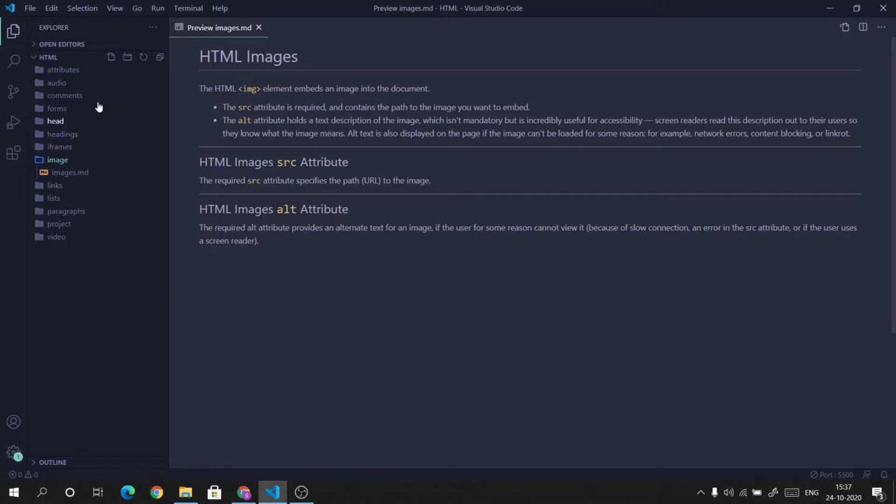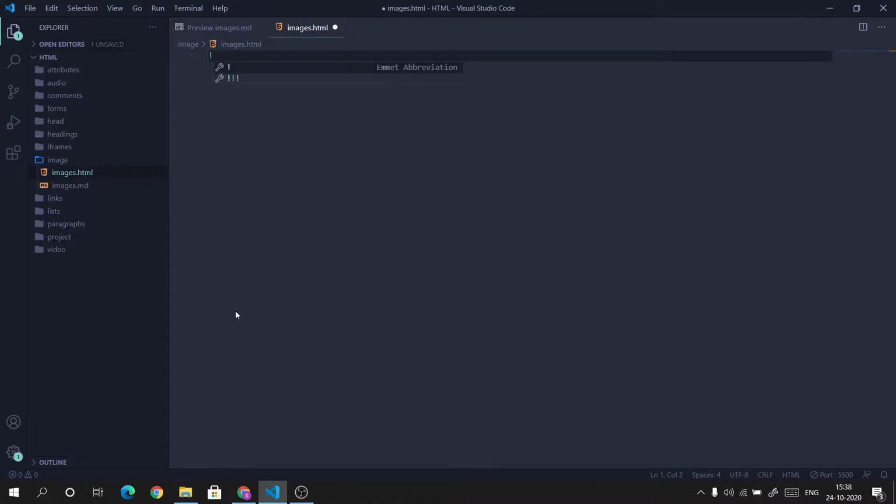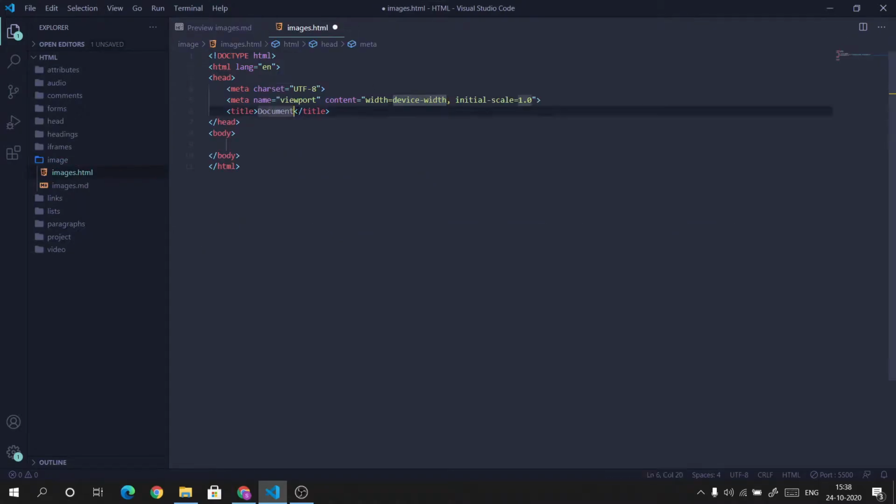Let me show you an example. Let me create a file called images.html and load the structure. Also give the title as HTML images, like this, and also the IMG tag. Here it is, there are two attributes, source src and alt. Okay,